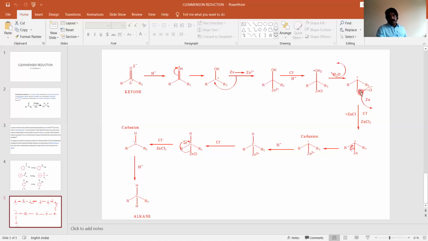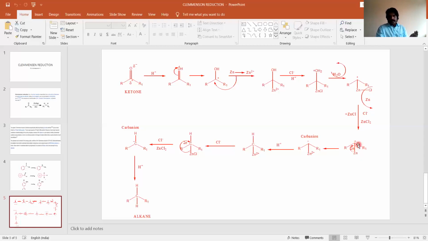So now what is the status? This Zn got back its pair of electrons. Because this is a heterolytic cleavage, a new Zn came into the picture and took away only the Cl, not the pair of electrons. So the pair of electrons now gets back to the Zn. Now Zn is again capable of donating that pair of electrons. Zn can share that electron and come back to the Zn2 plus configuration. So Zn is doing that.